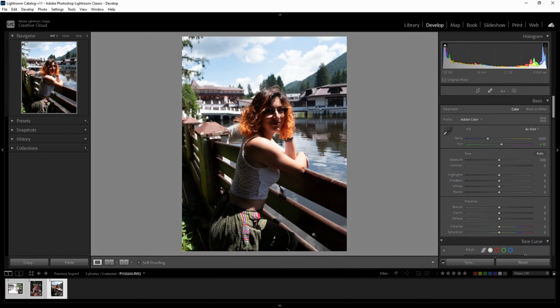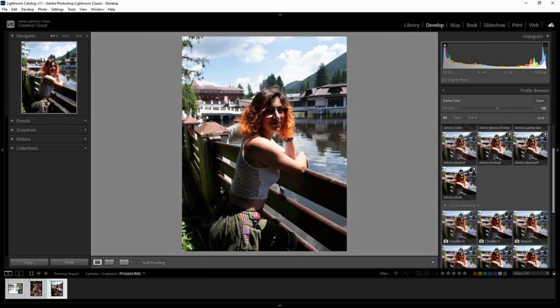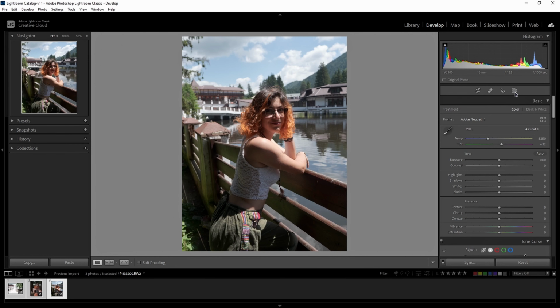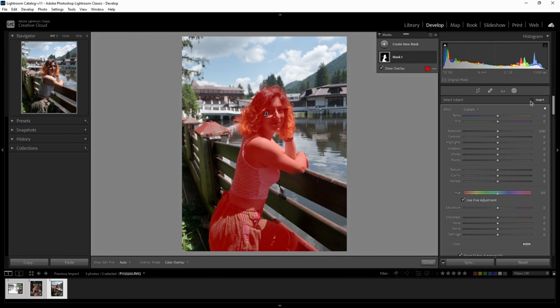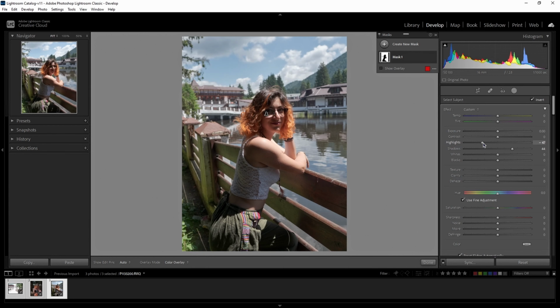For the second photo, we have a mix of overexposure and underexposure. Parts of the skin, parts of the buildings, and the sky are overexposed. The rest is underexposed. We're going to apply the same techniques. Go to Profile, Adobe Neutral, Masking, select Subject. Click Invert, boost the shadows, drop the highlights,